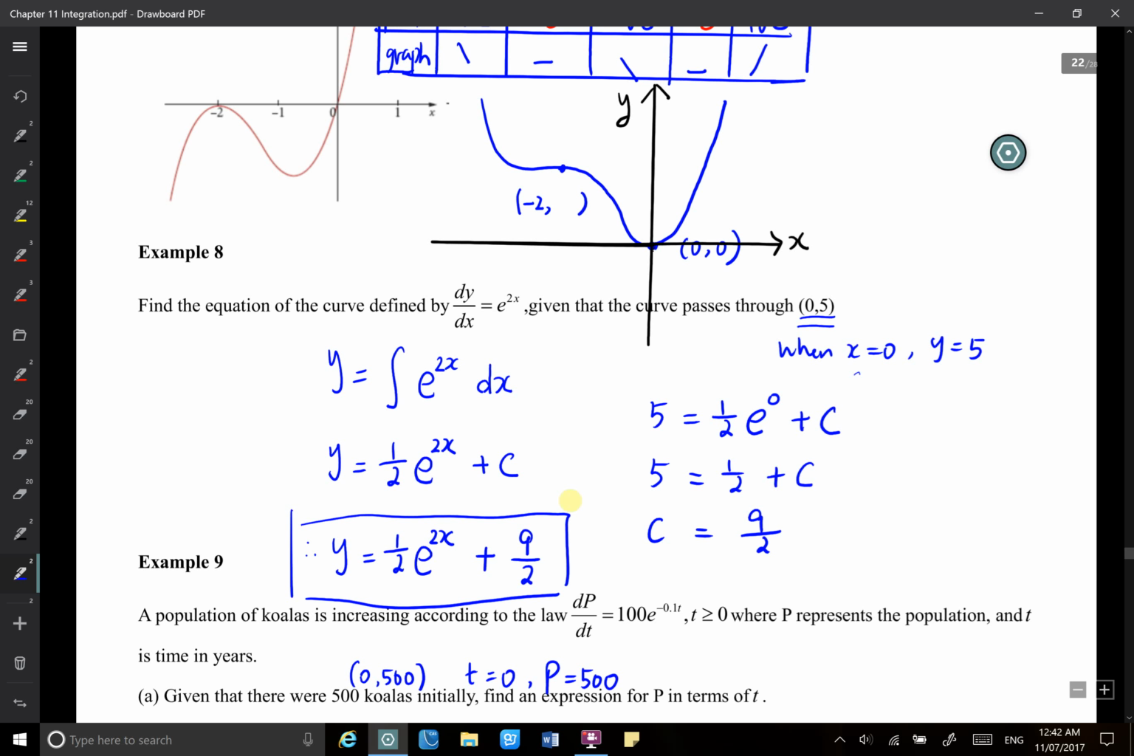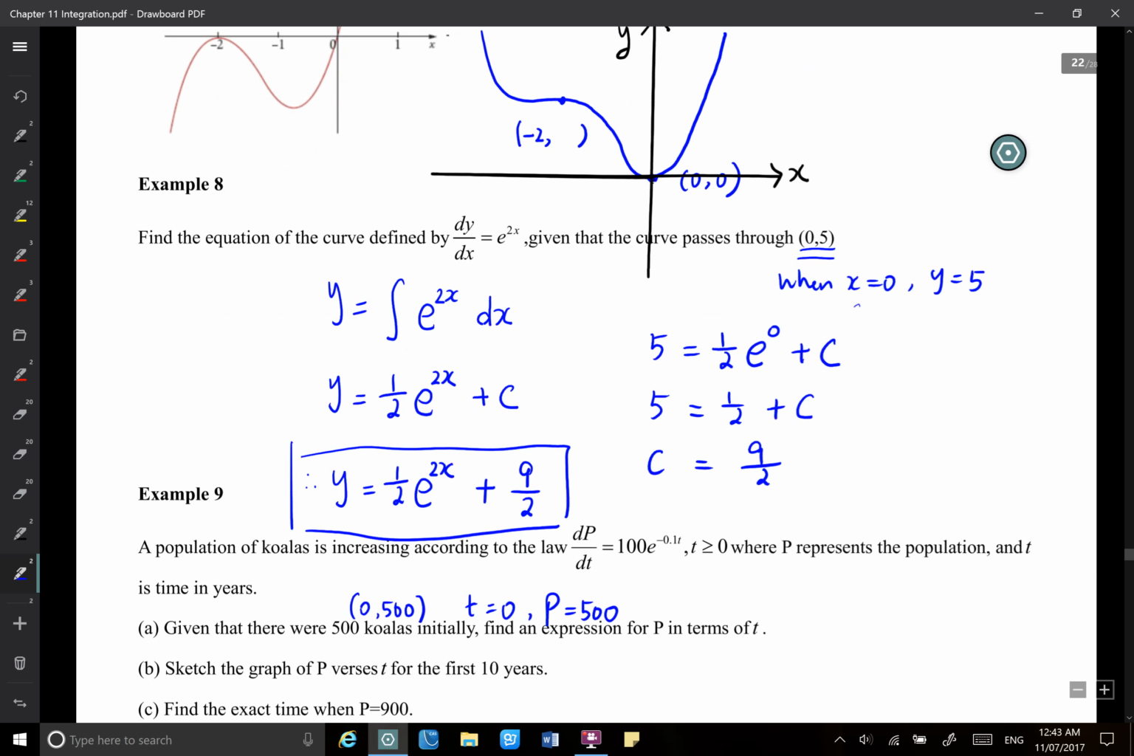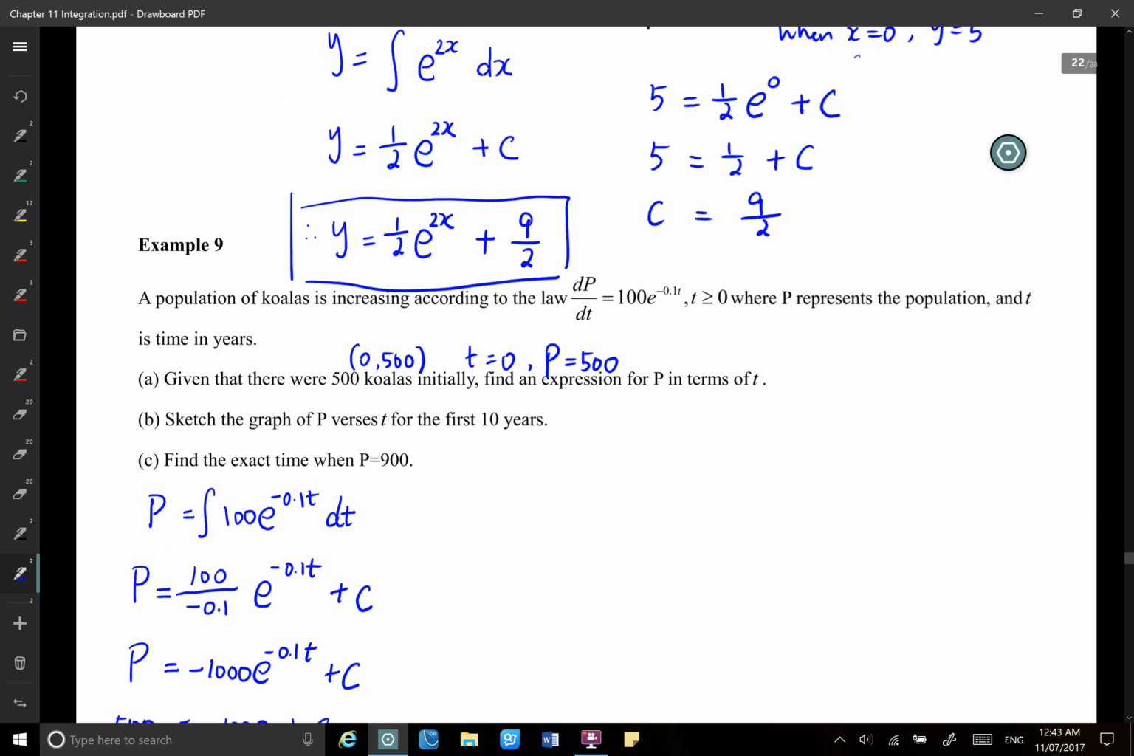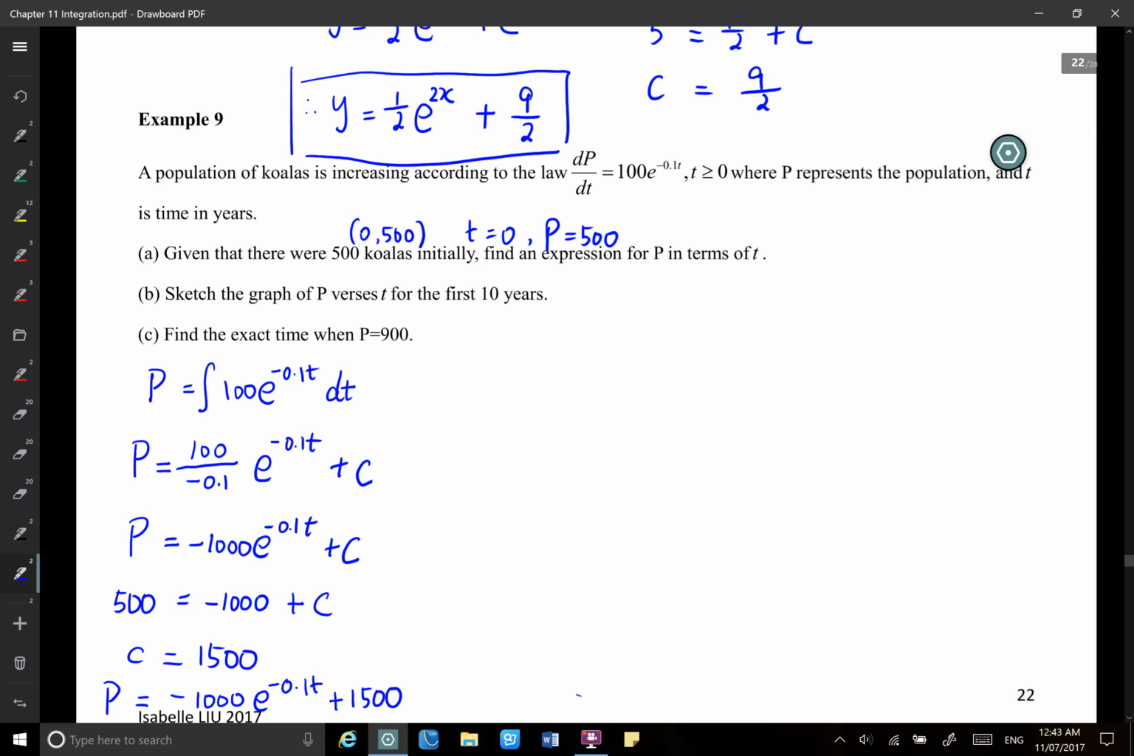I substitute that in: 5 equals a half e to the power of 0 plus c, which gives me c equals 9 over 2. And the original equation should be y equals half e to the power of 2x plus 9 over 2. And example 9, similarly, a population is increasing according to the law